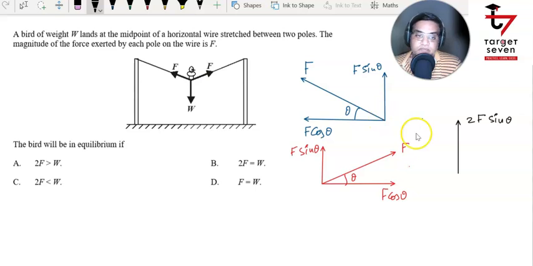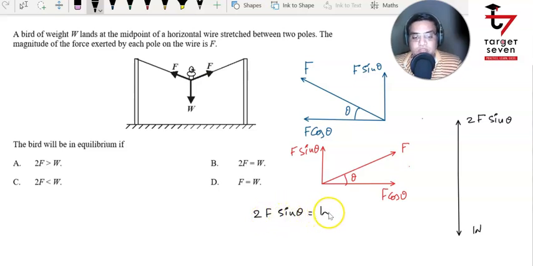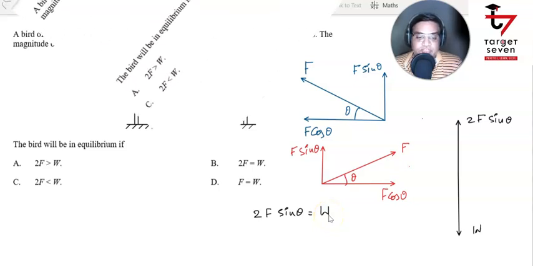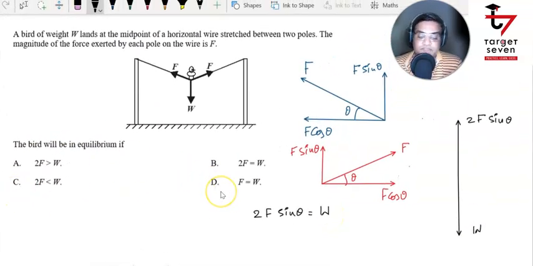As given in the diagram, we also notice that there is yet another force acting in the downward direction, which is in fact the weight of the bird itself. Now for the body to be in equilibrium, needless to mention, the value of 2F sin theta should be equal to W. Now unfortunately, that is not one of the options provided. Now this is where we further explore